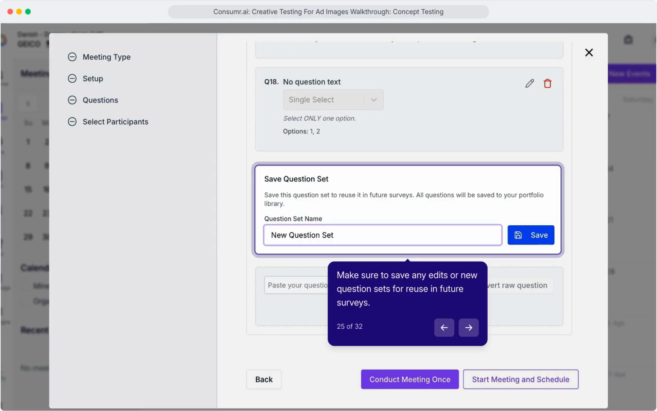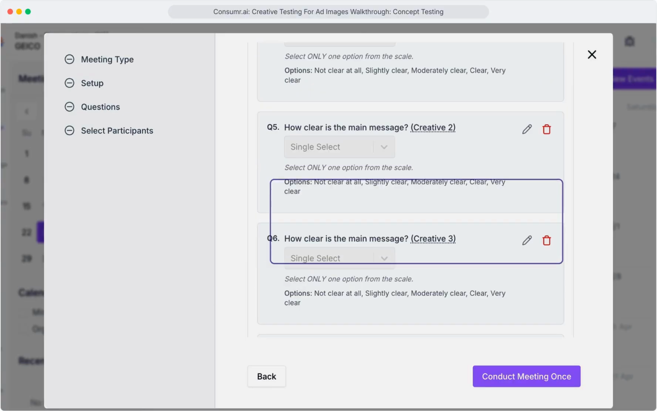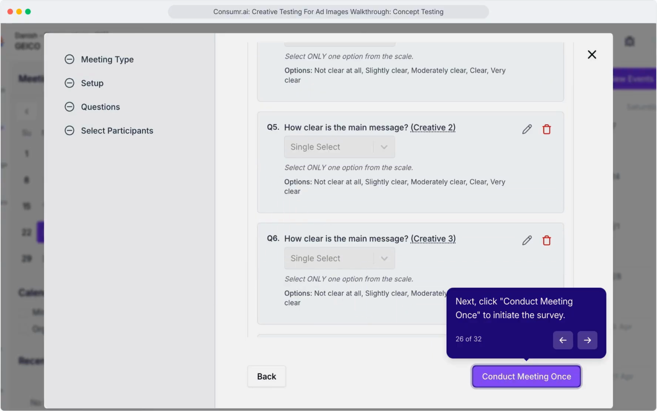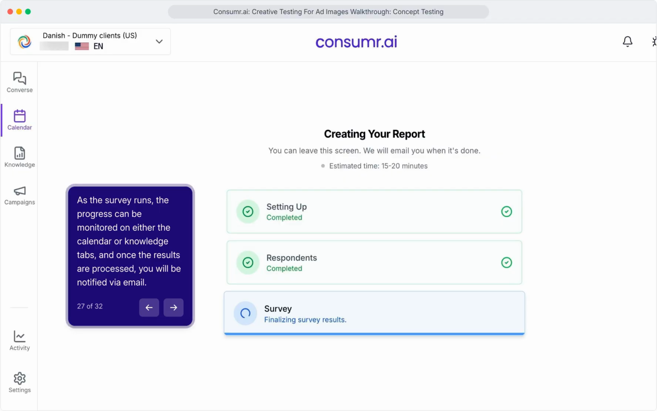Make sure to save any new question sets to your library. Over time, these become an organizational asset. Once you hit Go, your study deploys to the thousands of modeled respondents reacting to your creatives in parallel. What used to take weeks of ad testing now happens in under 30 minutes. You can monitor progress live from the Calendar or Knowledge tab, and you'll get an email notification the moment your